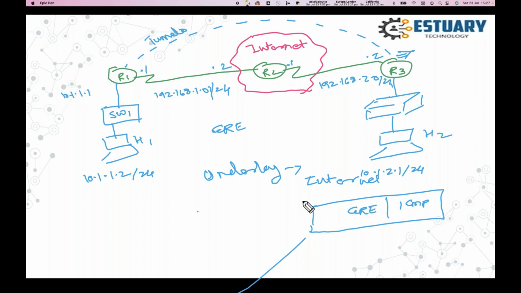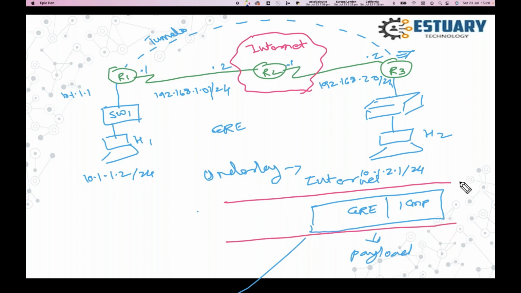And this payload is actually encapsulated inside another IP header or another IP packet. And in this outer header, the source IP address, for example, here,